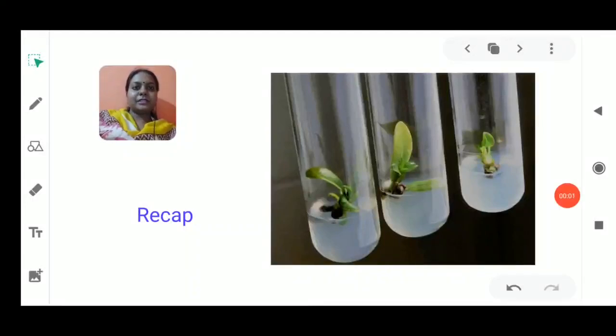Hello students, I am here with another video from the chapter of class 7th NCERT book, that is reproduction in plants. Before starting today's video, I would like to tell you what all things we have discussed in this chapter. We started with the word reproduction, where I told you that reproduction means the production or development of a new individual from the existing ones, from the parent.